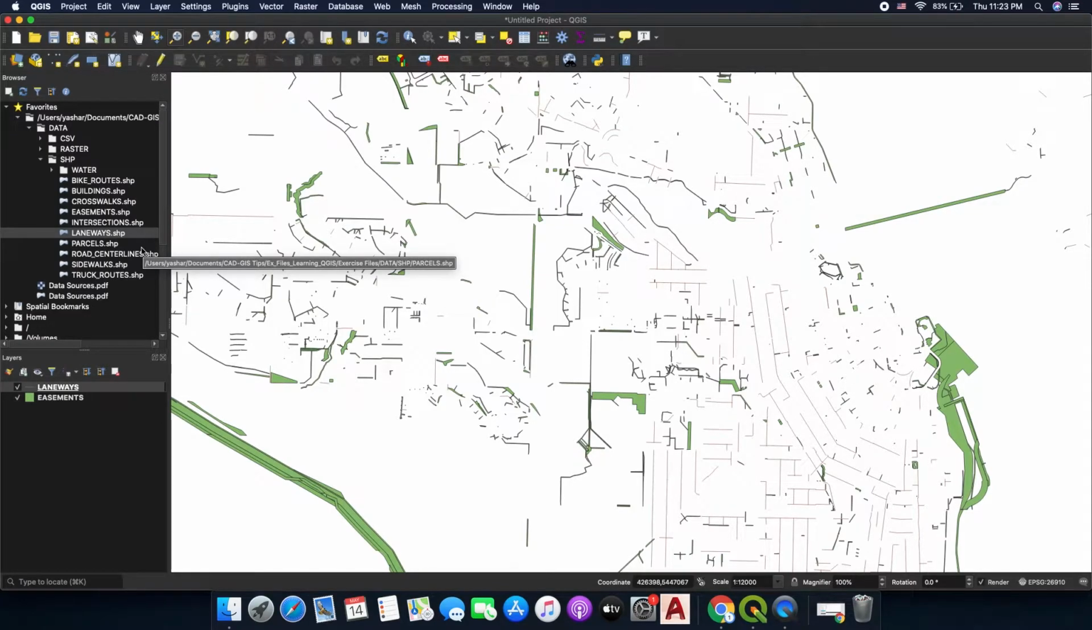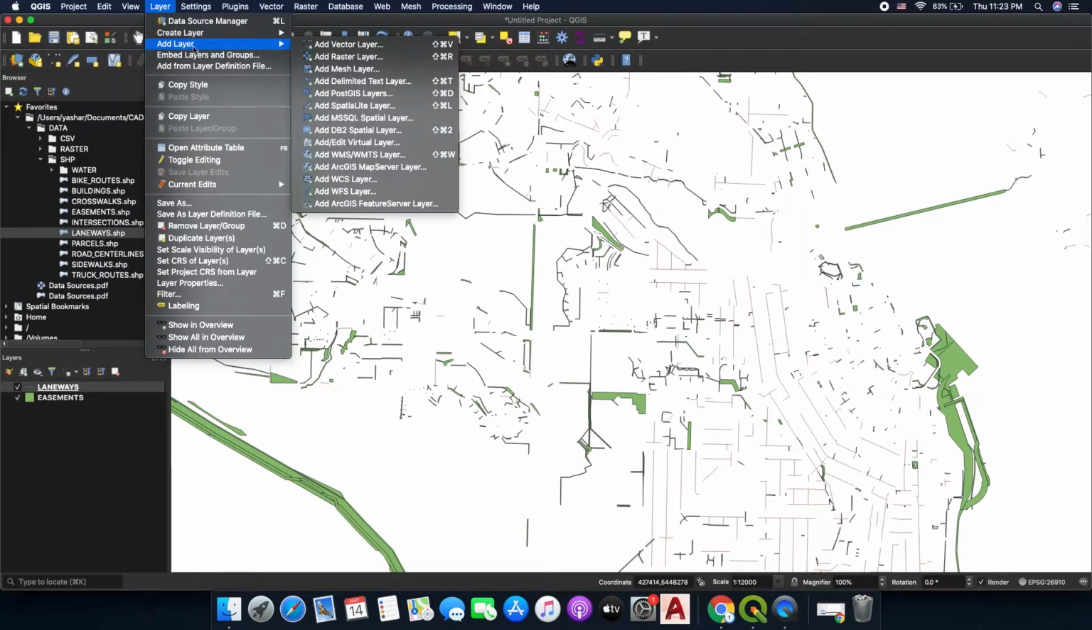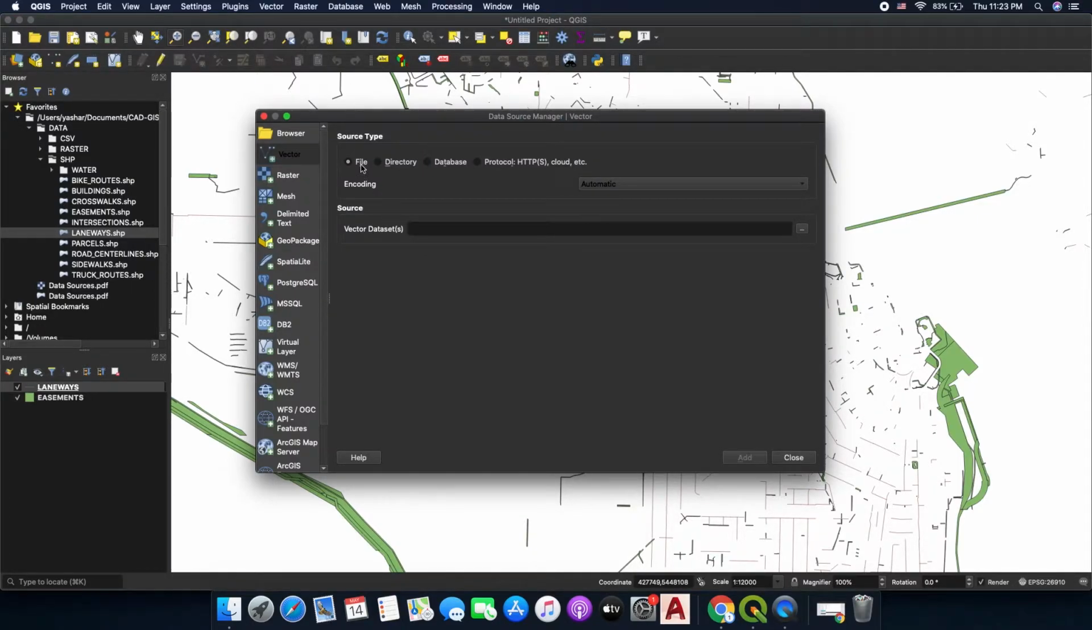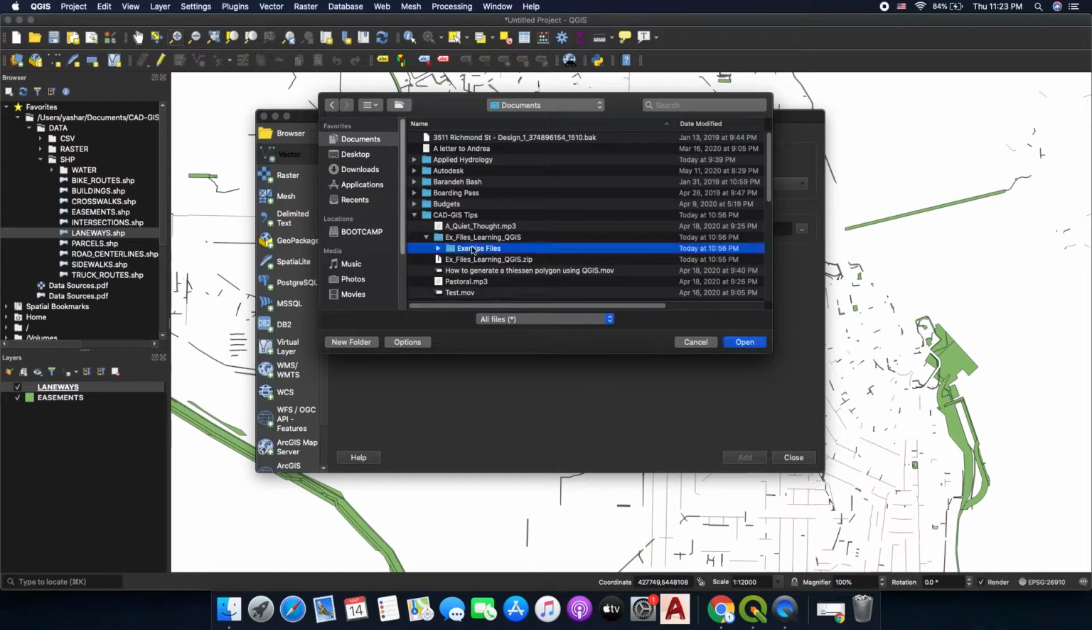Another way to load the shapefile into your project is to go to the layer menu up here, go to add layer, add vector layer, and from here you just pick the file and then open up the source file. Just browse to the folder that you have your shapefile in. So in this case I'm just going to the exercise folder and the shapefile folder,